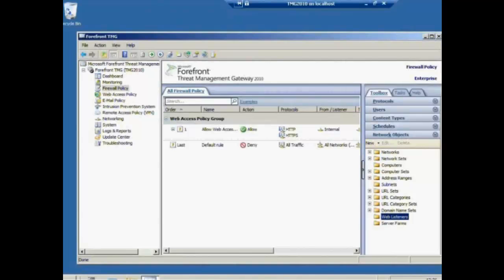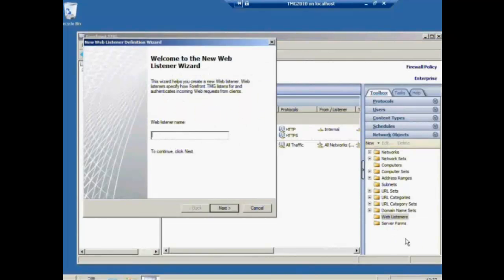So we go to the Threat Management Gateway management interface. We select Firewall Policy on the left, and on the right we select Toolbox, and there's an option called Web Listeners. We select Create New Web Listener, say OK, and give it a name.